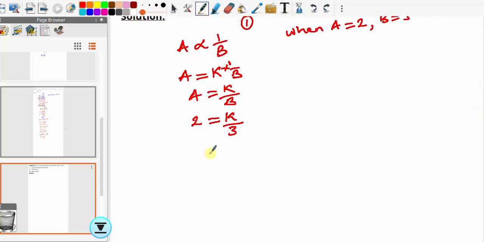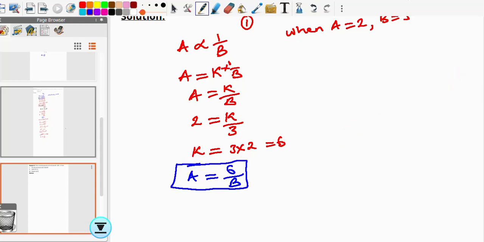If we cross multiply, our K will now be 3 times 2, which is equal 6. Right? Let's substitute this value back into this relationship, which will be equal to 6 over B. Right? This now be the relationship